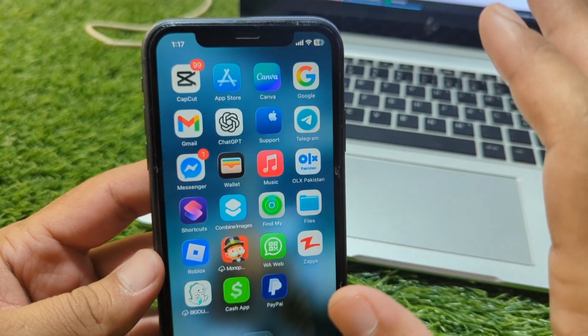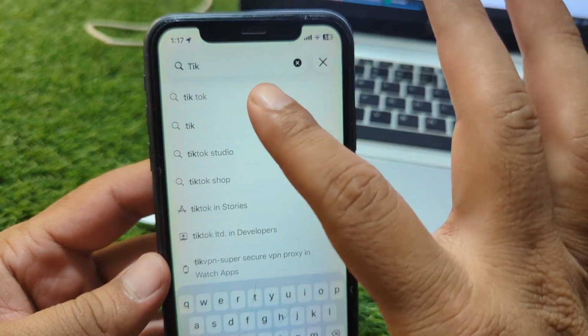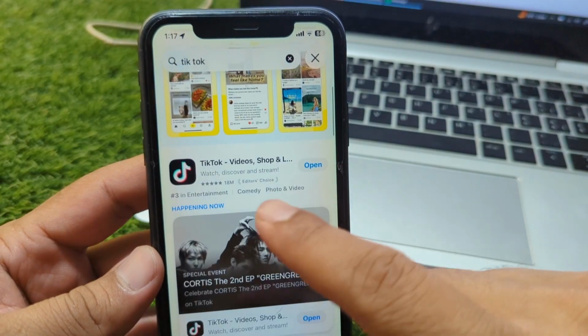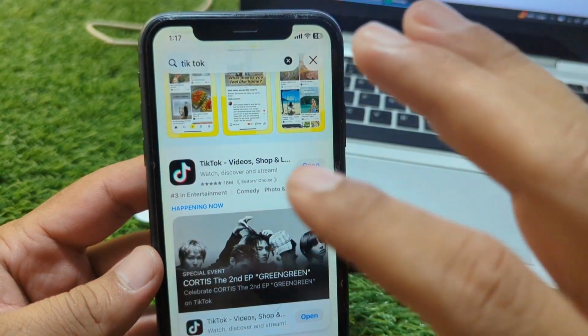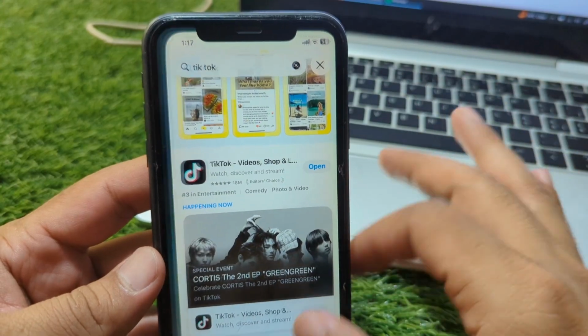So guys, the very first solution is that you have to simply open your App Store and then search for TikTok, and then you have to simply download and install the latest version of the TikTok app on your device. So guys, do this, and after this check if the problem is fixed or not,